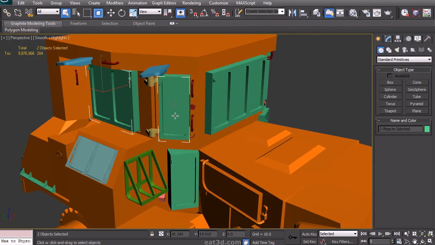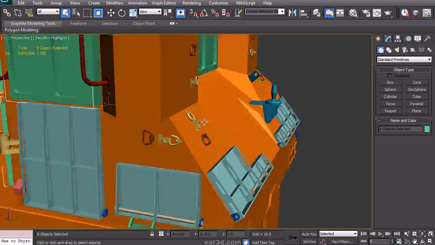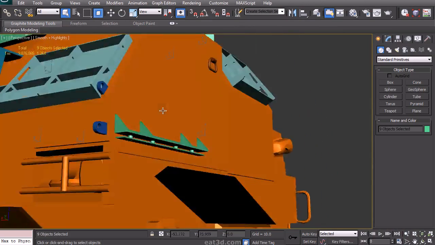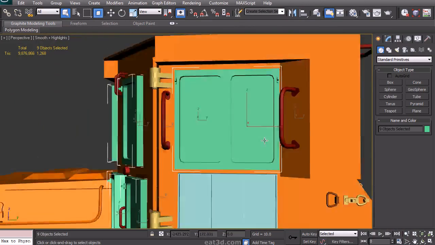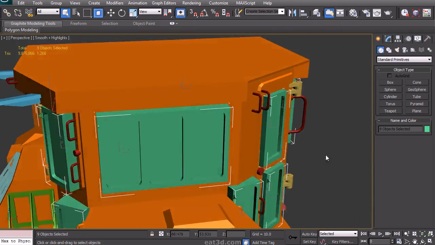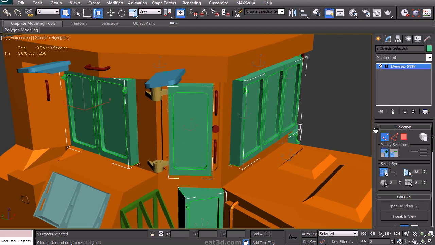In this video, we'll be unwrapping the details on the body. And as you can see, I'm changing the color to orange for parts that have already been unwrapped. Now, to keep in mind with these details on the body, a lot of them will be sharing UV space. And the first one we're going to start off with are these windows, because as you might remember, we